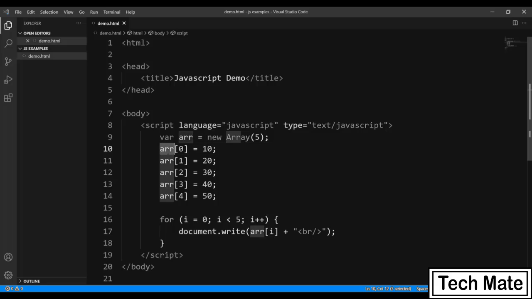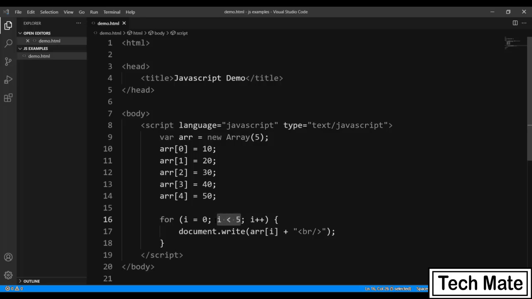As JavaScript is not a type safe language, you can put any type of value, but when we talk about an array, basically it is a collection. So we generally make a collection of similar type. Here I have put values of the same type, and now to read that particular array, what I can do is I have just written a loop which will start from 0 till less than 5, that means 4. And obviously this loop will run from 0 to 4, and every time I am running this, I am reading the ith index which is changing from 0 to 4.